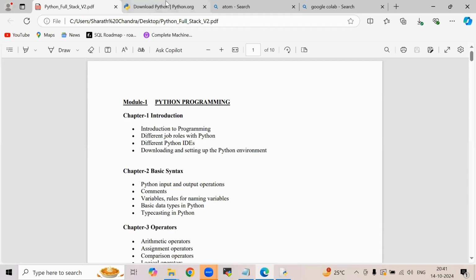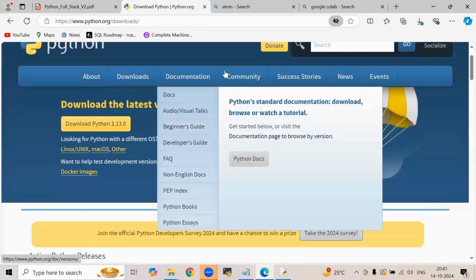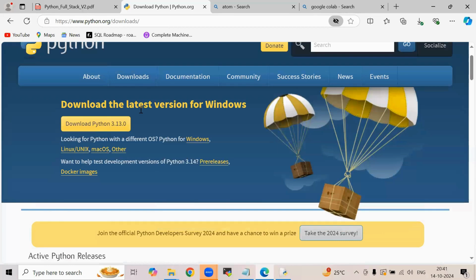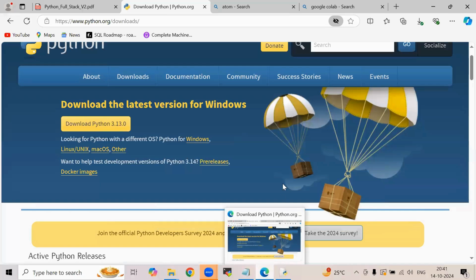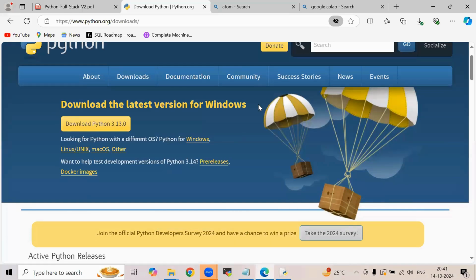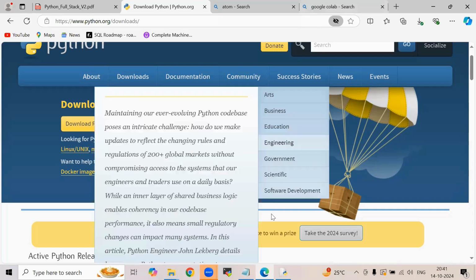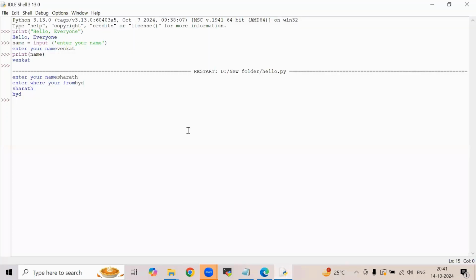Okay. And then we have gone through the Python installation, how to download and how to install. After the installation, we have gone through adding the environment variable to our Windows environment variables. Once we were done with that, we have gone through how Python programming will be. We have seen how the print statement works and how the input statement works, right? So with this, I'd like to wind up. If you have any doubts, you can ask me now.